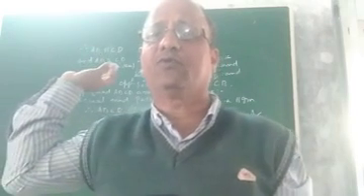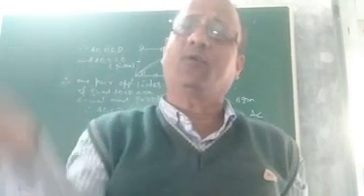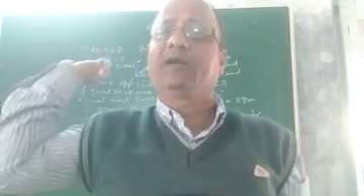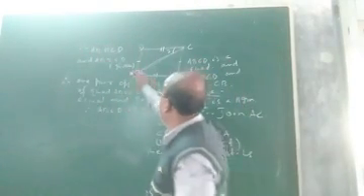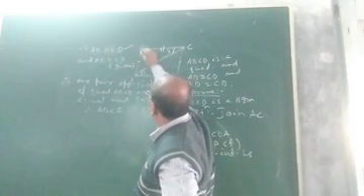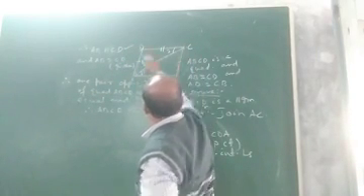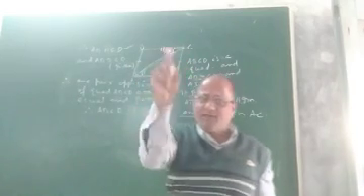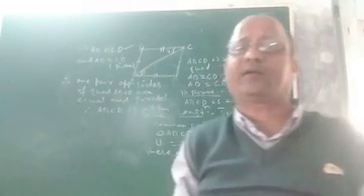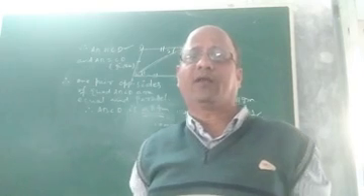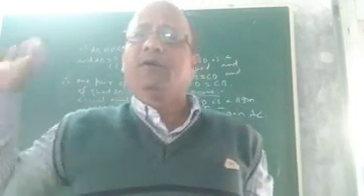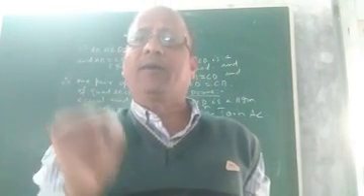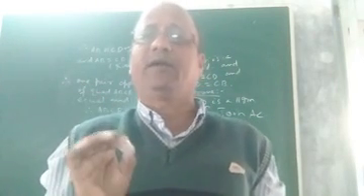Children, I hope you understood how to prove that in a quadrilateral, if both pairs of opposite sides are equal, it will be a parallelogram. You can also show this by proving, you see, we proved here AB parallel to CD. In a similar manner, you can easily prove AD and BC are parallel. If AD and BC are parallel, I mean the other pair of opposite sides parallel, then also it will be a parallelogram.